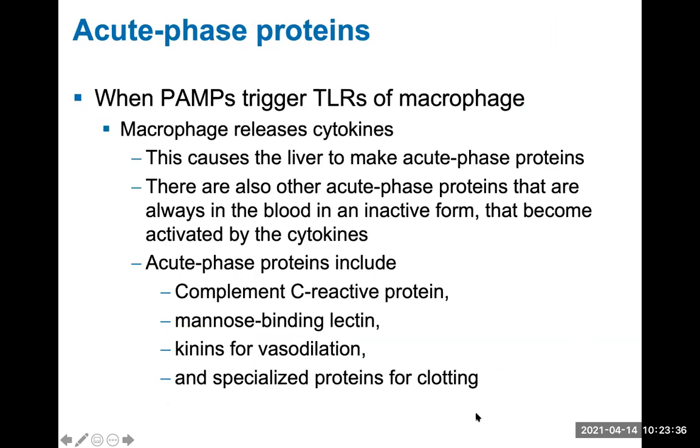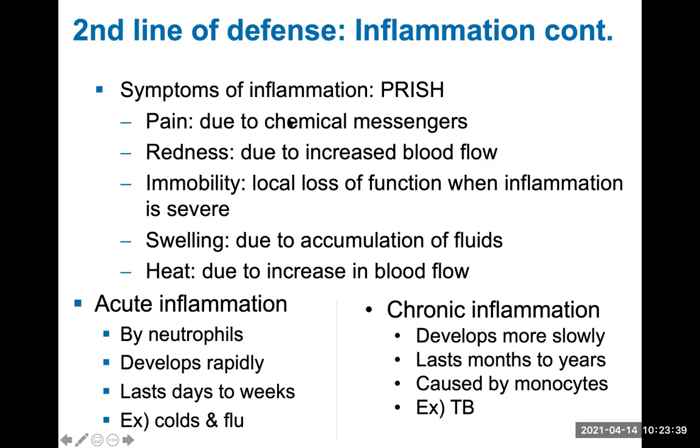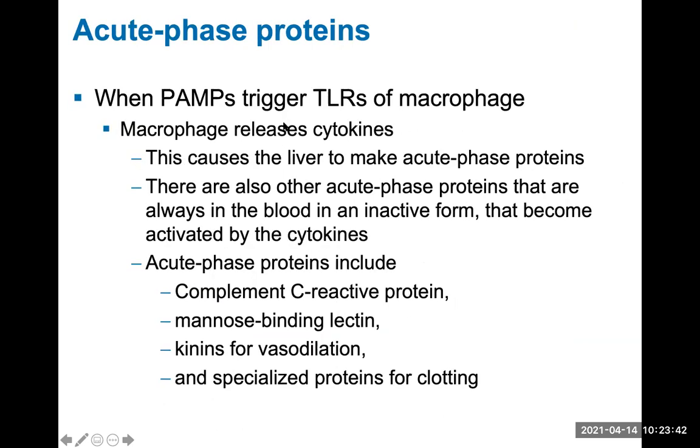So how does this whole process get started? I mentioned tissue damage, and that's true. When cells are damaged, they'll release cytokines. We also have macrophages and neutrophils that are constantly checking the area for invaders. If they find an invader, they would know that when the invader's PAMPs trigger the macrophage or white blood cell's TLRs. If a TLR of a macrophage gets triggered, it's going to release cytokines, and this is going to cause